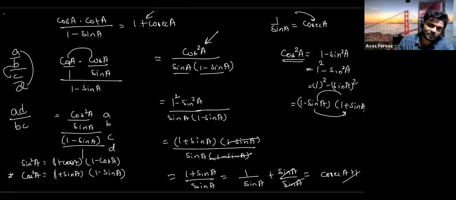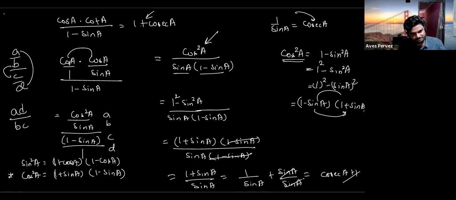Now you actually need the cosec, and cosec is the reciprocal of sine. What you need to do here is very simple. The denominator is not being required here, so split it: 1 plus sin A upon sin A. You can write 1 upon sin A, plus sin A upon sin A. This sin A will get cancelled out, so this will become 1, and 1 upon sin A is actually cosec A. So cosec A plus 1.